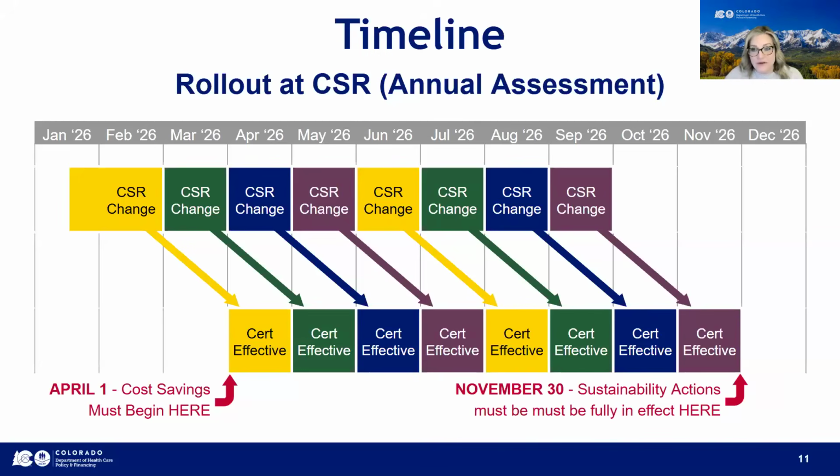First, let's talk about members whose continued stay reviews fall between now, with an April 1st effective date, and September of 2026. For those members, the changes can be made during their regularly scheduled continued stay review, and they'll become effective 4/1 or later. This will work for all of those members whose continued stay reviews happen before September 30th, right? Those September 30th CSRs are going to have effective dates in November.